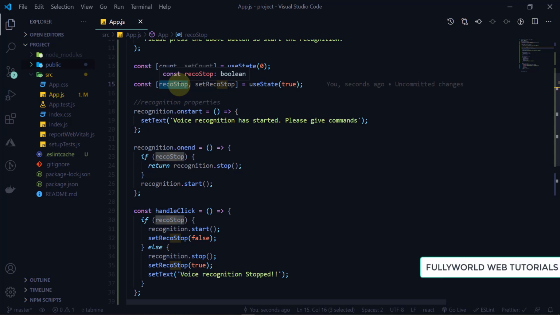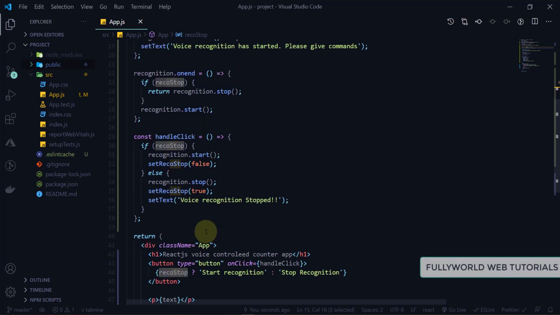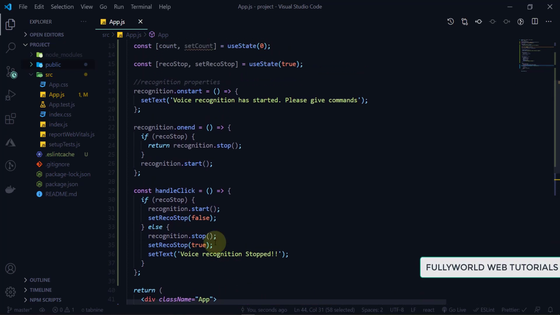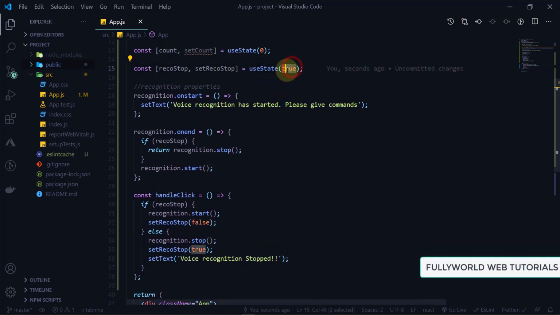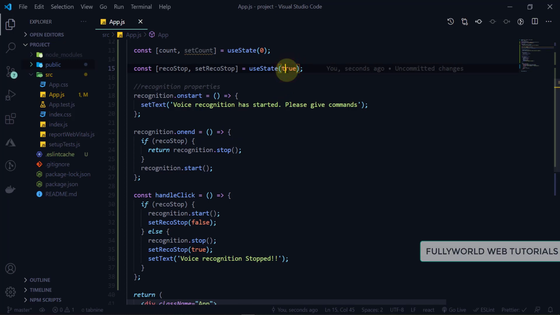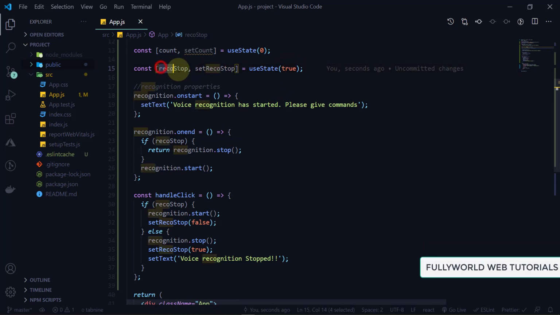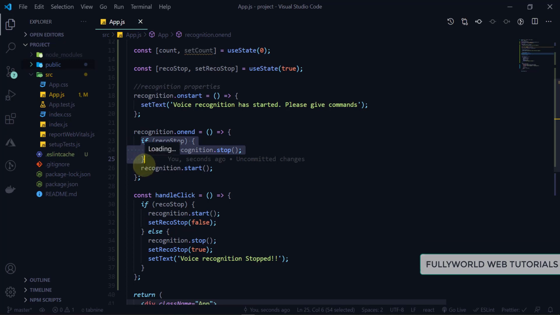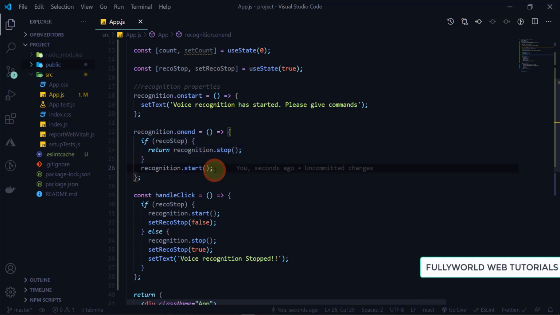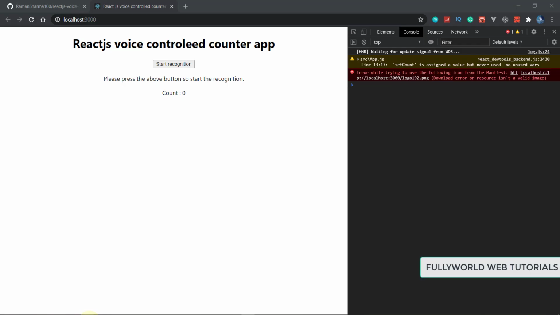When we click on start recognition, this recognition stop will be false here. So until we give the command, until we set our reco stop as true, this condition will not run. Recognition dot start will run only.